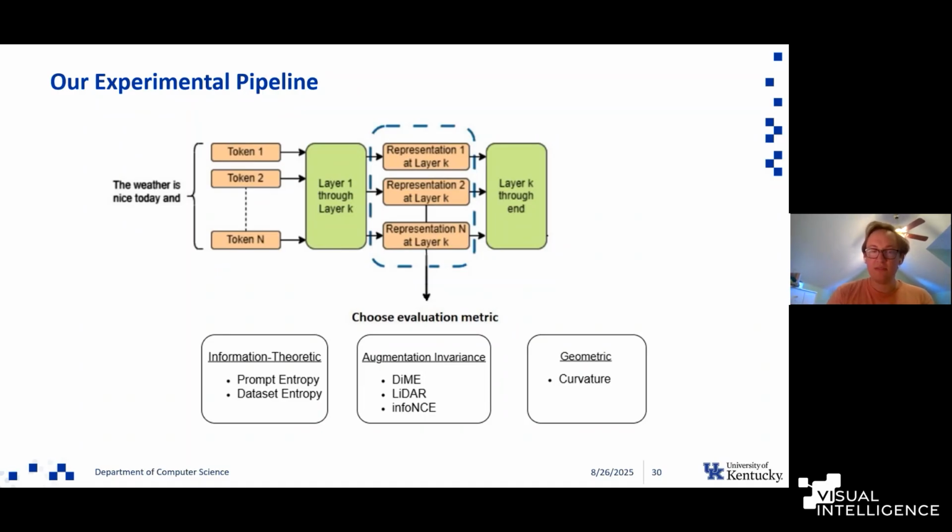As I mentioned at the beginning, my background is more information theoretic, applying information theory to understanding these models. So we have quite a few of these kinds of metrics in the paper, understanding the information content of these embeddings. We can also look at augmentation invariance, which is looking at how robust the model is at understanding things like typos in the prompt. Like if you add typos or random words and so on, how does the model understand these?